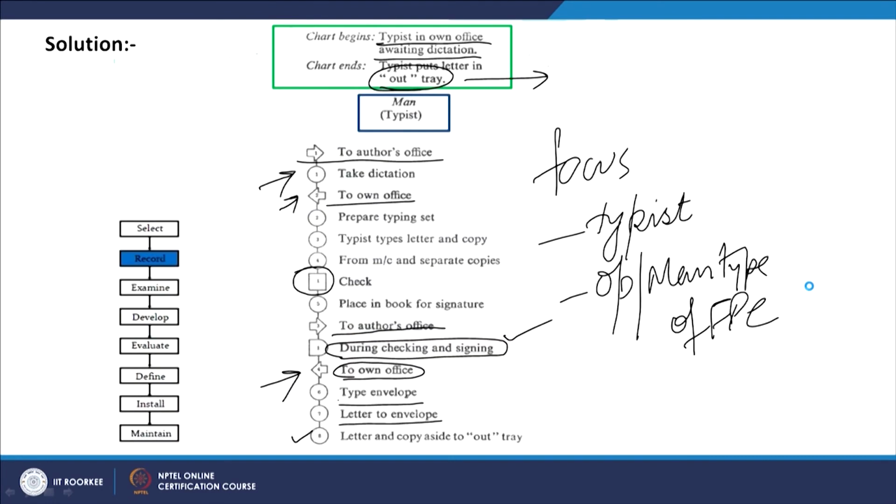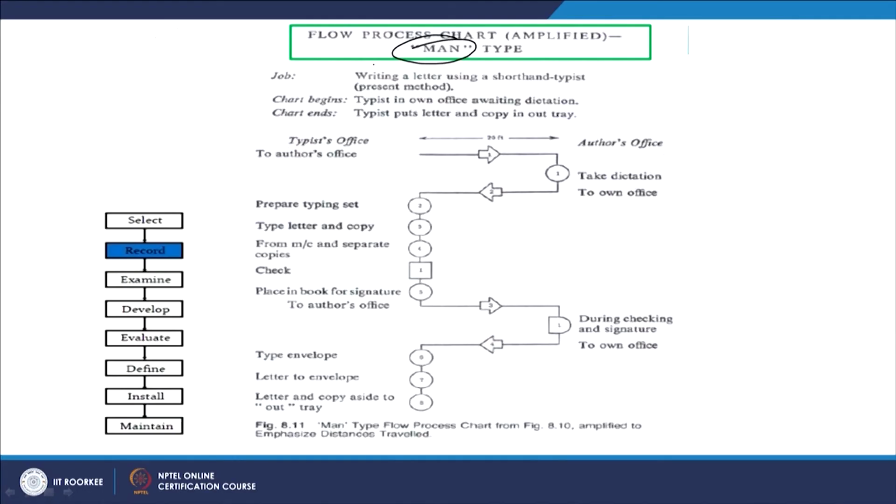The previous one you can see is an operator or a man type of flow process chart, and the next one is the material type of flow process chart that we will see. But this is another way of representing the typist or man type. Here again, this is man type, another representation that we have seen already, a typist type of flow process chart.